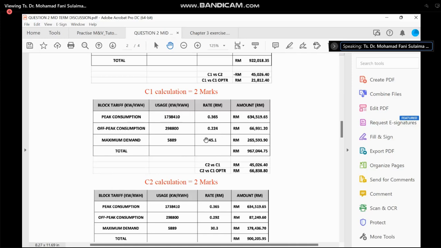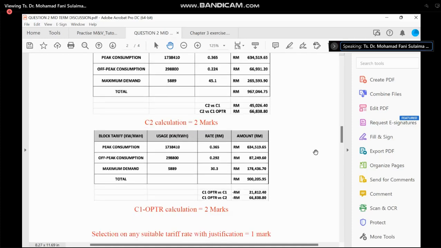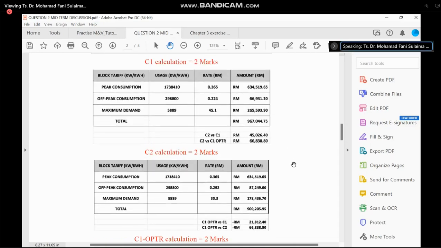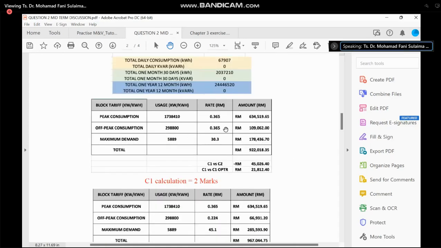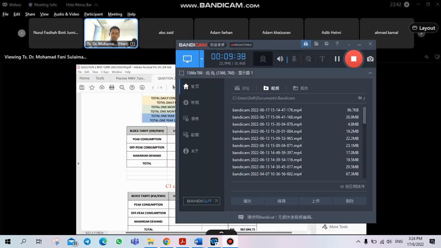Maximum demand here for C2 is 45.1. All right. And the other one is OPTR. So for OPTR 1, a 20% discount for off-peak from C1. So 0.365 here, 0.365 multiplied with 0.8, because of the 20% discount, you will get